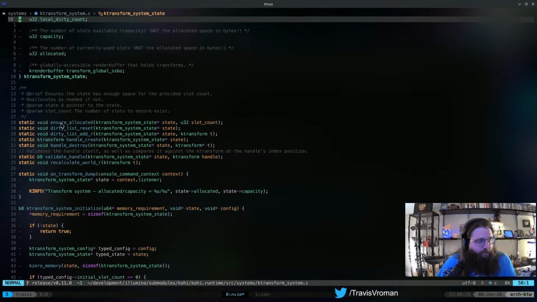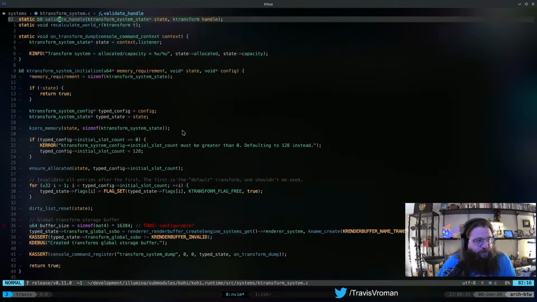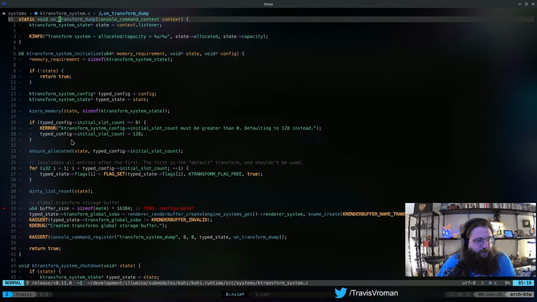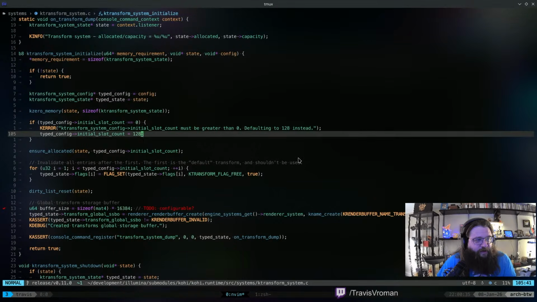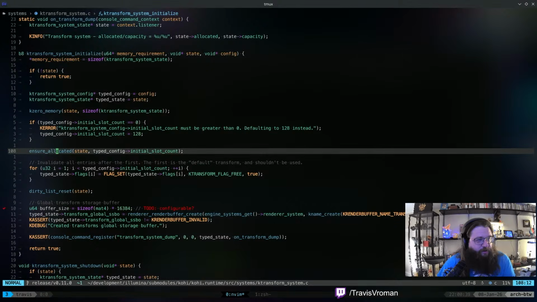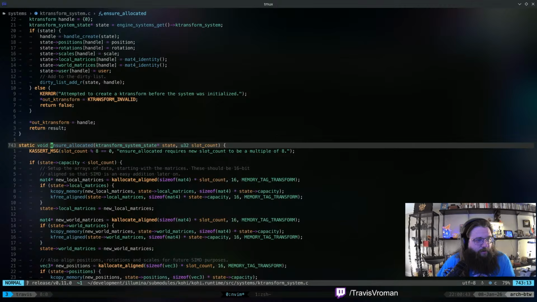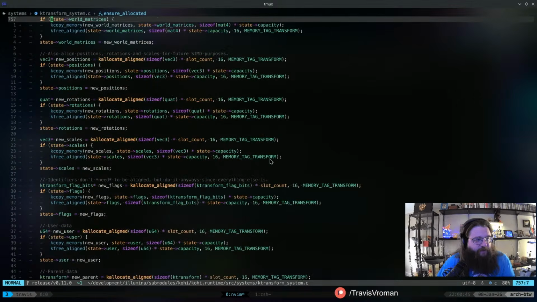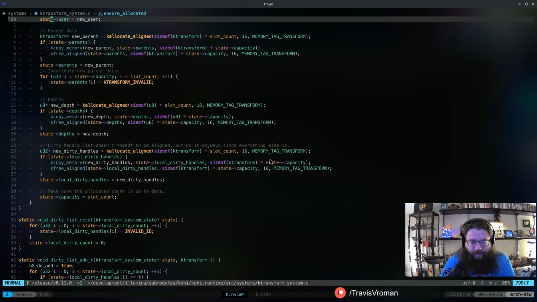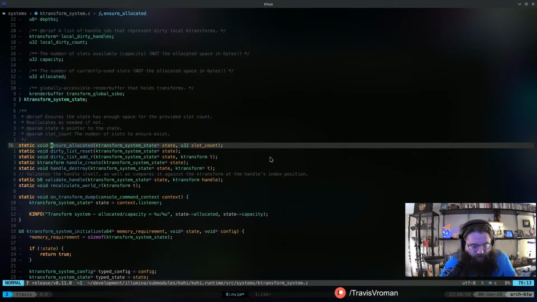And then we have, let's see, we have ensure allocated, but we have an initial slot count of 128. And then when we do ensure allocated, that's based off of that. That should be fine. I don't see anything in here that is immediately wrong.